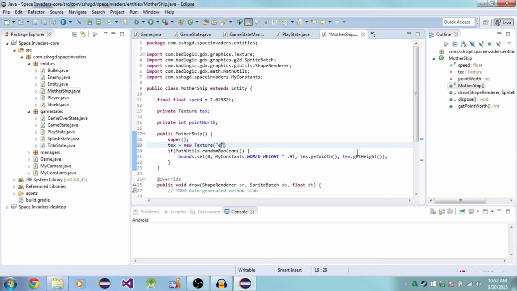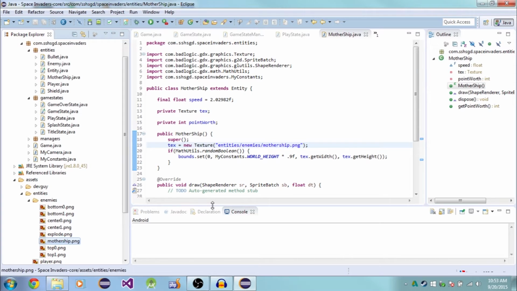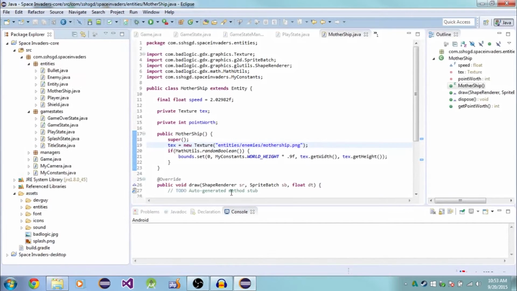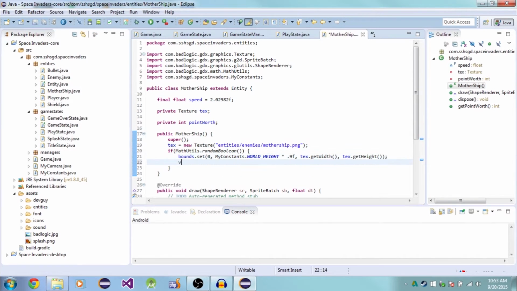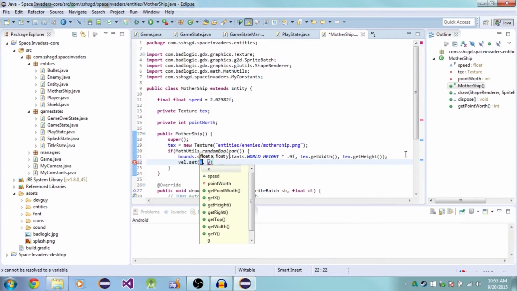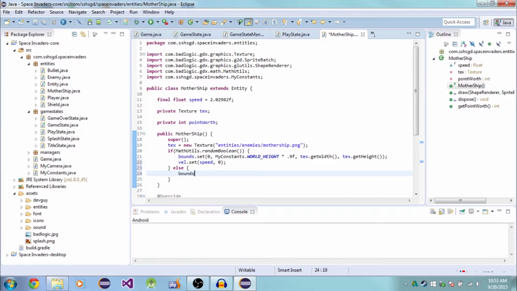So new Texture entities/enemy/mothership.png. I can type. So it will be this one. That's our mothership. Alright. And then vel.set. So if it's starting at x 0, then it's going to be going to the right, so it's going to be positive speed. And then else bounds.set